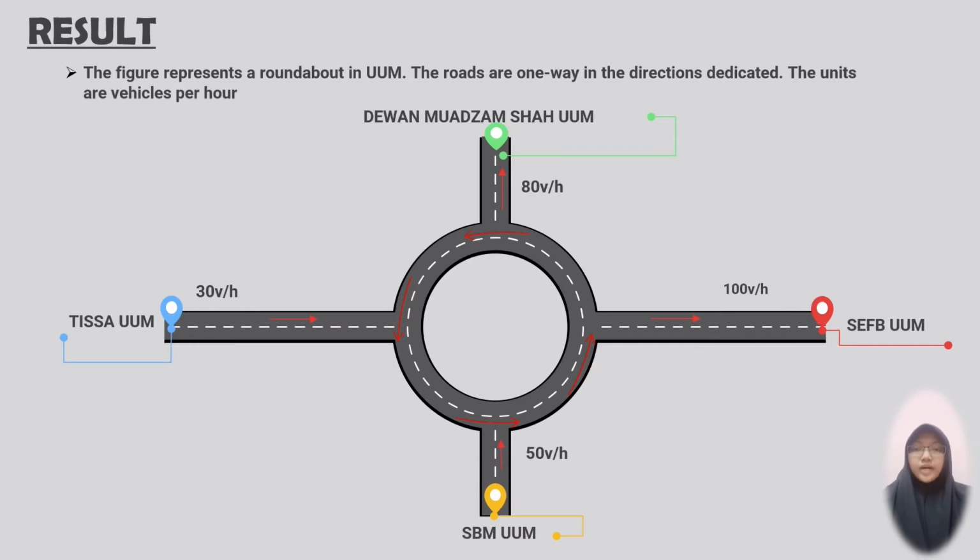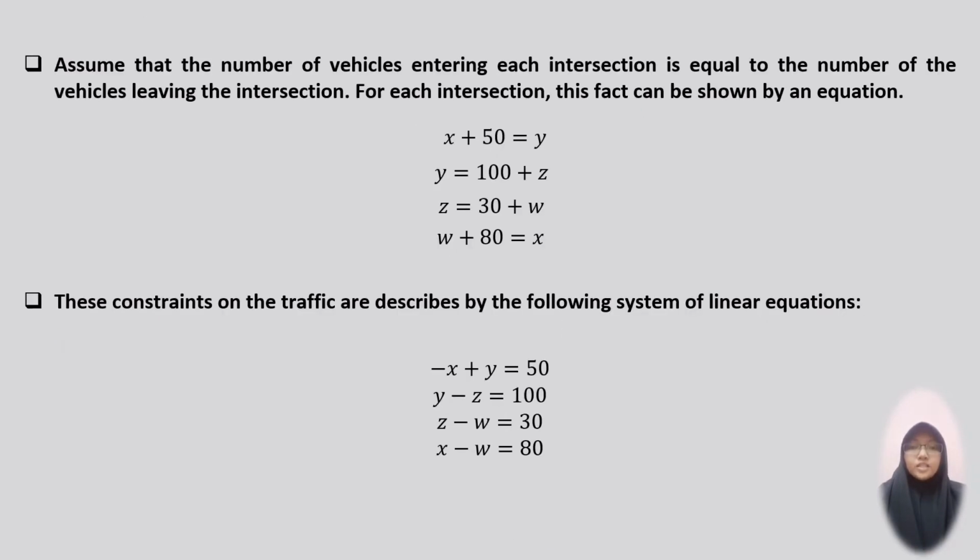The second direction shows that from the roundabout to Tisa UUM takes about 30 vehicles per hour. The third direction shows that from the roundabout to SPM UUM takes about 50 vehicles per hour. And the last direction shows that from the roundabout to SCFP UUM takes about 100 vehicles per hour. Now we can assume that the number of vehicles entering each intersection is equal to the number of vehicles leaving the intersection. So, for each intersection, this fact can be shown by an equation, which is the first equation,